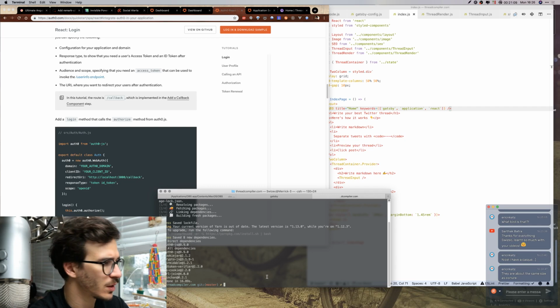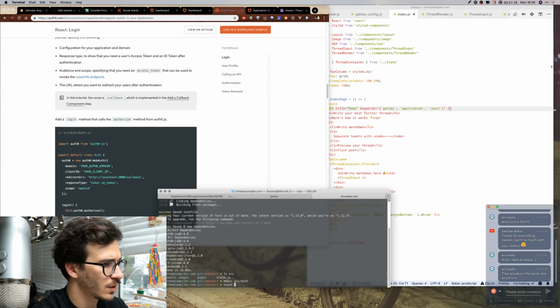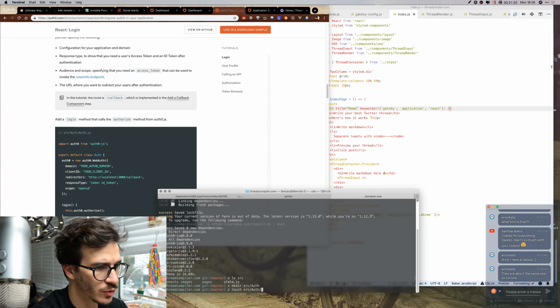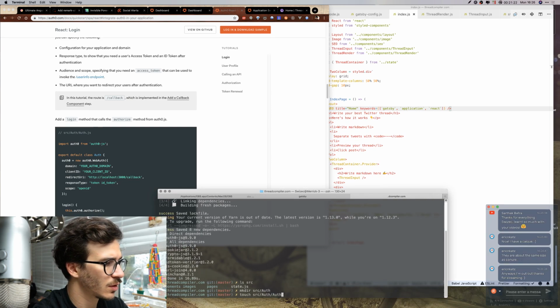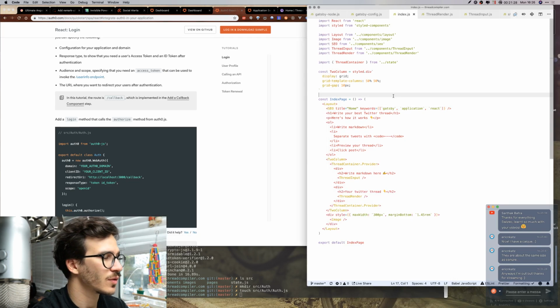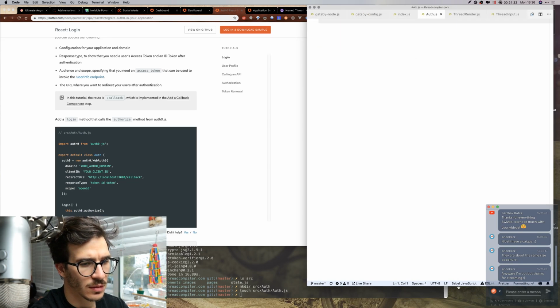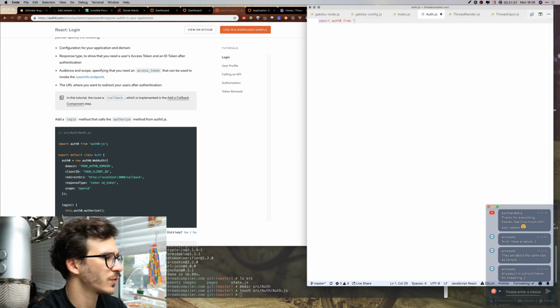So we are going to ls source, and let's say make their source auth, touch source auth. Oh, I should zoom this in. Source auth auth.js. So auth.js, open that thing, change it to React prettier, import auth0 from auth0-js,